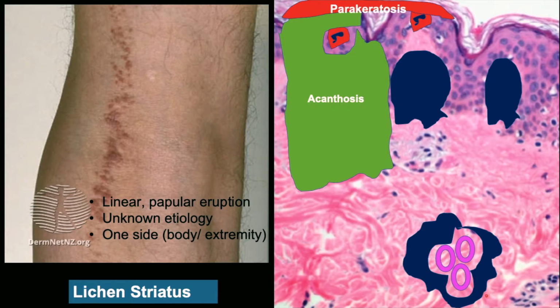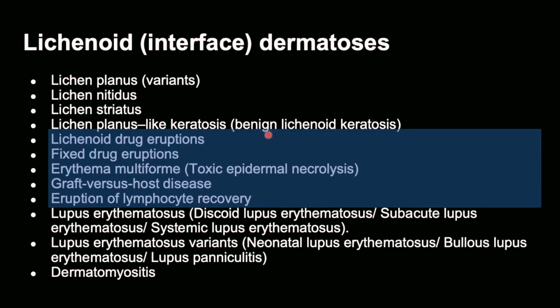Here, the other unique feature is the peri-adnexal inflammation around the sweat units. That's a unique feature for lichen striatus, in addition to the other features we discussed. The main cell type we see in lichen striatus is lymphocyte. Doesn't mean we will not be able to see other types of cells, but lymphocytes are usually the most common. So we finished the first group, the lichen planus type of lesions, and we will move on to